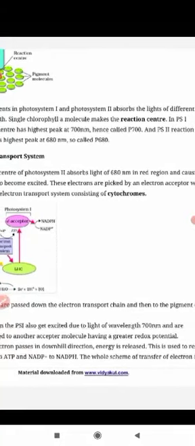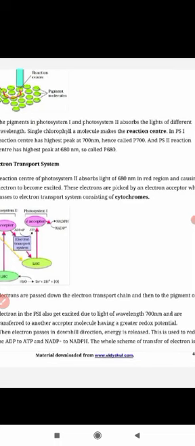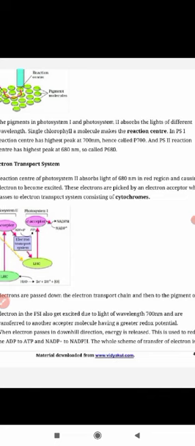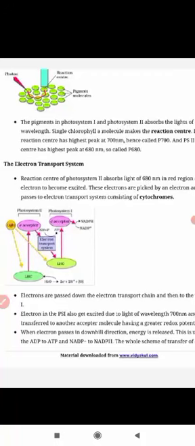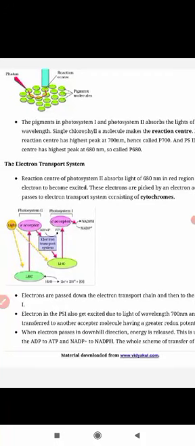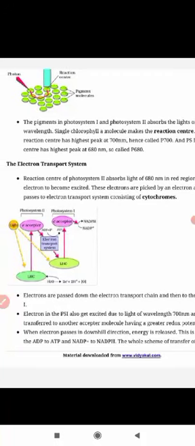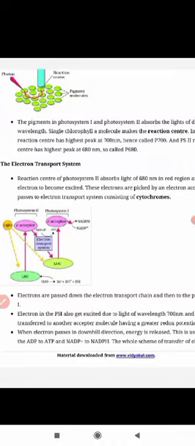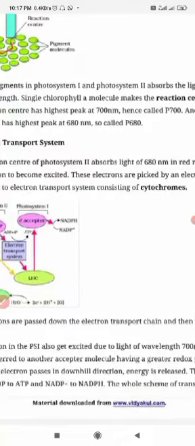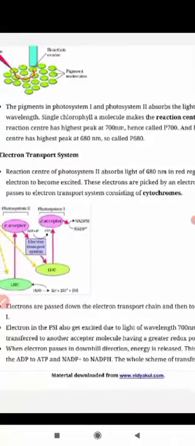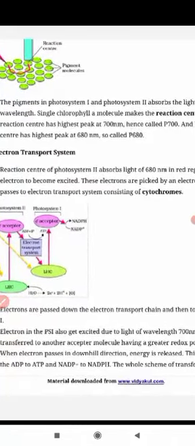What is this P? This is the absorbing wavelength of the sunlight, which is absorbed into the photosystem. So you have already known this photosystem, and now see how the electron gets transported in it. In this ETS, electron transport system, this is called cytochrome.